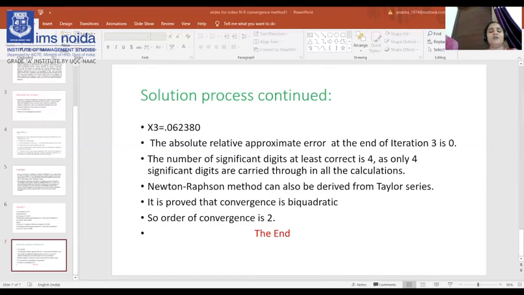Then in iteration 2, the next value x2 will be x1 minus f(x1) divided by f dash (x1). You can calculate right away, but I will mention that if you calculate f(x1) and f dash (x1) separately and get the values, then it will be easier and more accurate for you. So whatever is convenient for you, you can apply. It varies from person to person. So you can calculate x2 equal to 0.06238. Mind it, what was the x0 value you assumed? 0.05. x1 is 0.06242, but x2 you are getting 0.06238.